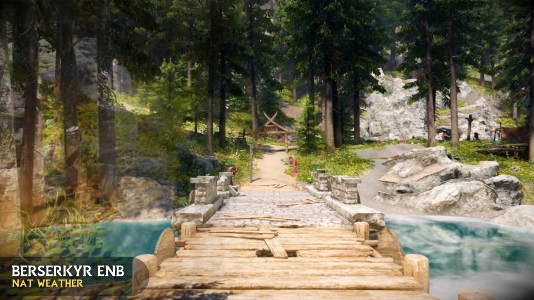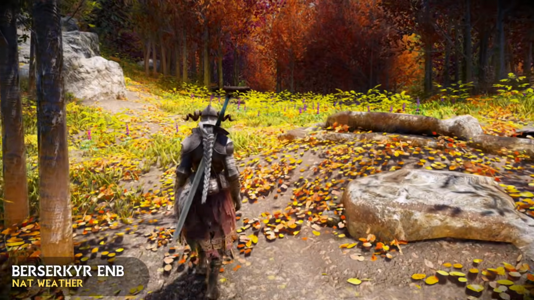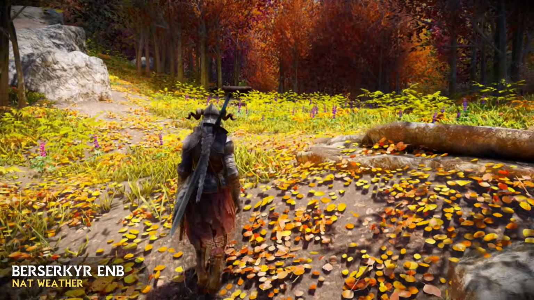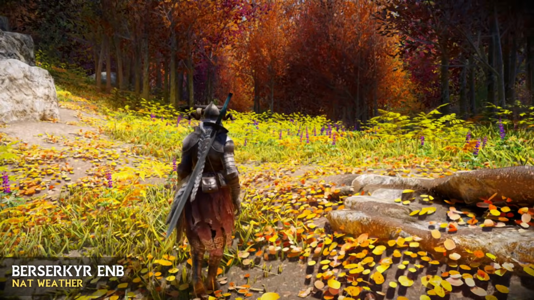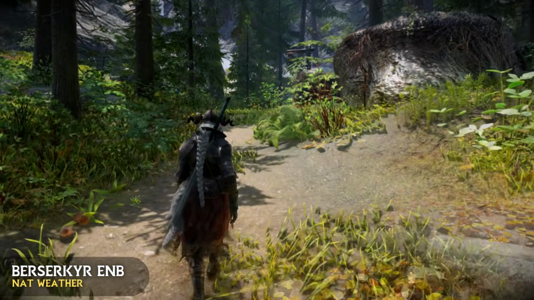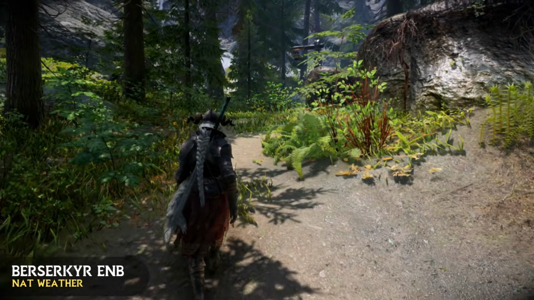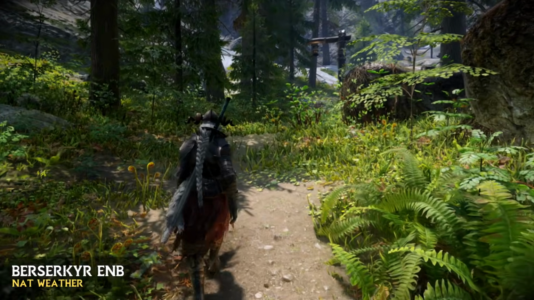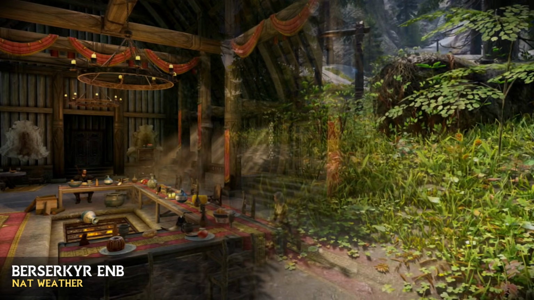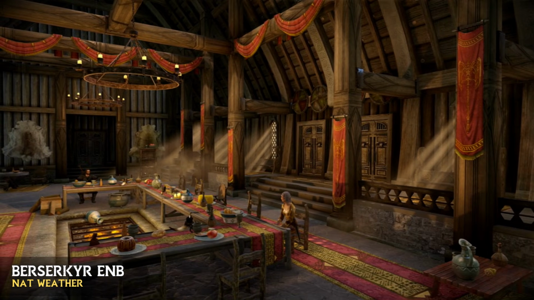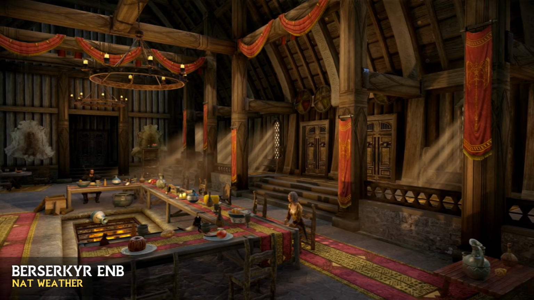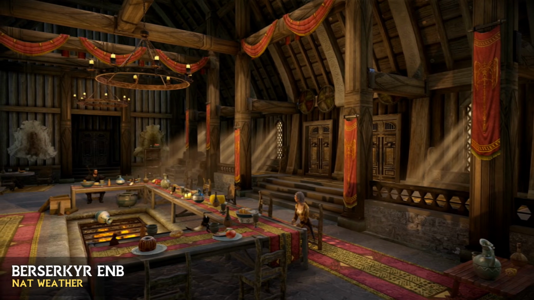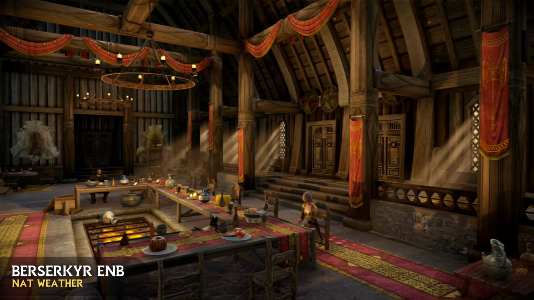This ENB requires the Natural and Atmospheric Tamriel or NAT weather plugin, and is the one I have been using for many of my other videos. The colours are very vibrant, although I do tend to turn down the saturation a touch for my own game to avoid any oversaturation. Interiors look beautiful as well, with fantastic lighting and a good balance between deep shadows and